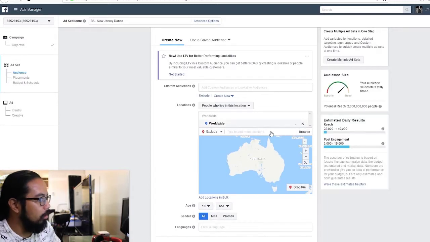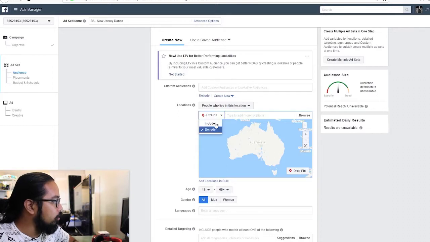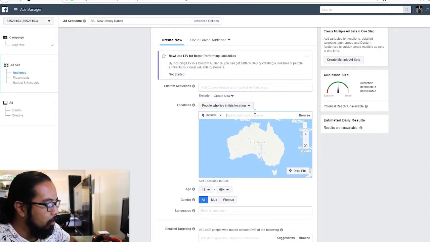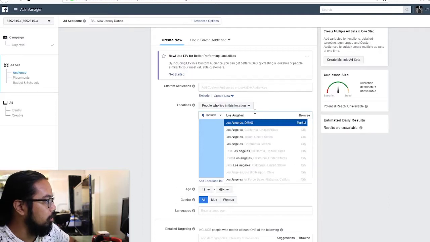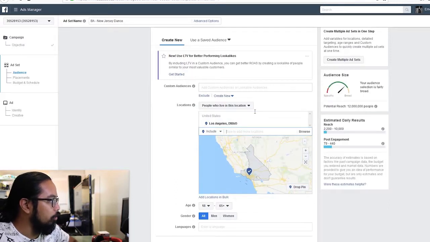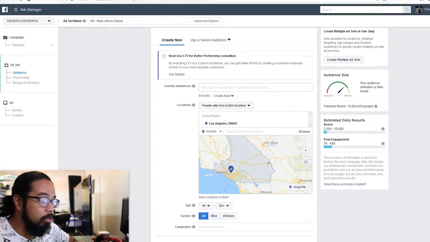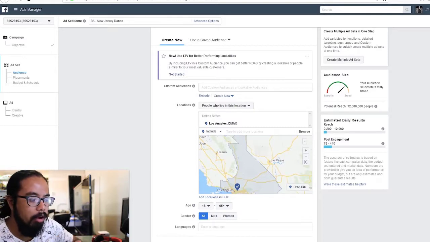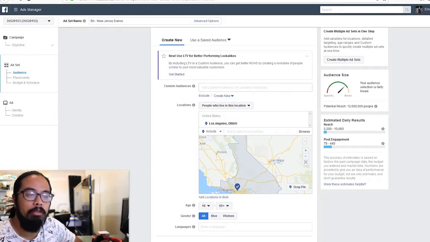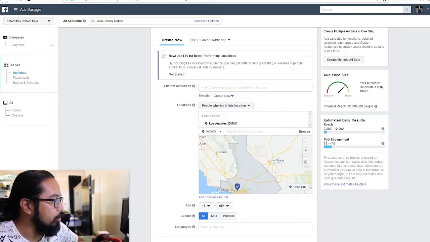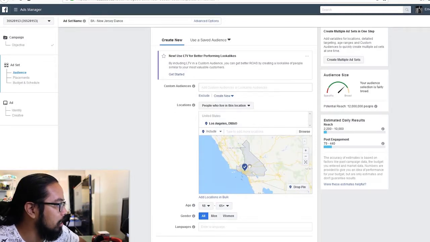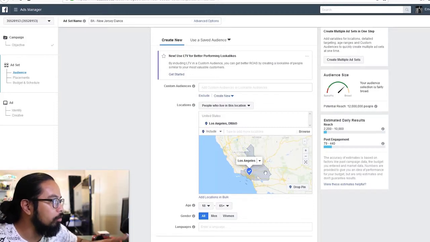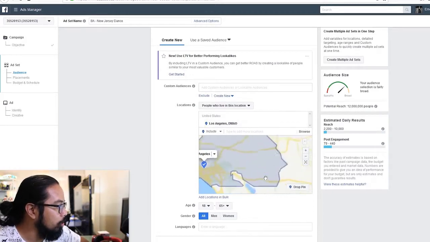You can exclude and include certain countries, or if you want to target cities, if you want to get a little bit more targeted, Los Angeles. Okay, there's a difference. You're going to get two options when you start doing U.S. cities. DMA means designated market area. A designated market area is pretty much an area where the people are going to see the same type of television, radio, and the same type of advertising. So when you select the designated market area, it's going to select this whole area of Los Angeles that they market to, and pretty much all these people are going to see your ad. So it's a pretty big region.